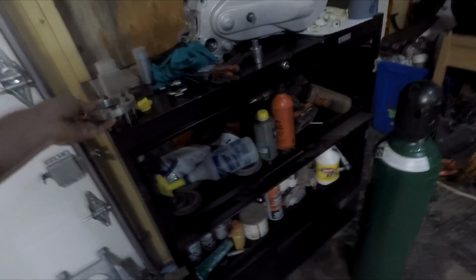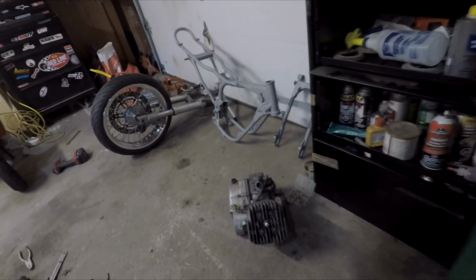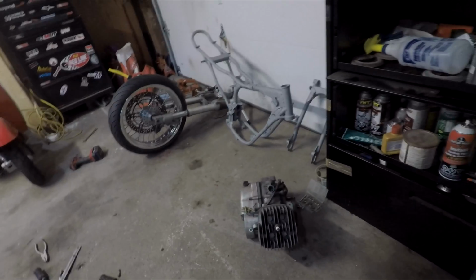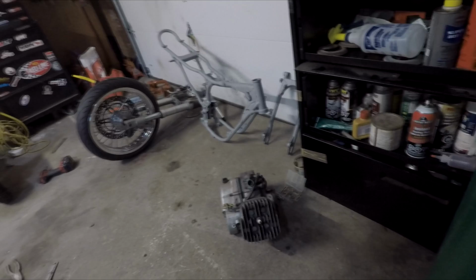And I had some pretty interesting ideas for the motor. I'd really like to adapt a DT80 big bore cylinder onto it. The bolt spacing's a little off, so I don't know if I'm going to be able to easily, but I'm always up for a challenge, so probably going to pick one of those up and see if I can figure that out. But today's project is